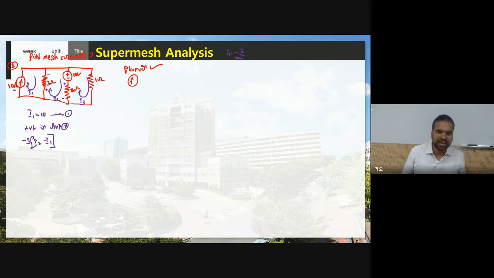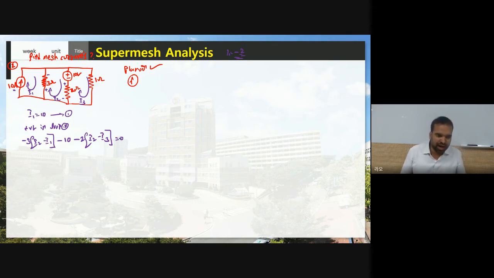Therefore, I2 minus I1. When coming to the source, you should not change the potential, so as already given, minus 10. Now when you come to the 2 ohm resistor, minus, because as per I2 this is plus and minus 2. How many currents are flowing through the 2 ohm? Two currents, I2 and I3. Therefore, I2 minus I3, because I have applied KVL in loop 2.